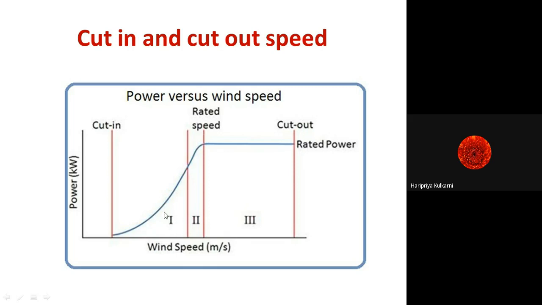Okay, so in partition 1, if you see, wind speed is varying and power generation is varying. So this can be utilized for non-constant power application, so this is used for charging purpose. In the second, it is the rated speed. This is the rated speed of the turbine. So during this operation, again, you are getting almost constant power, but a little variation is there. And third is constant power, though there is a change in the wind speed, we are getting constant power. So directly it could be utilized.